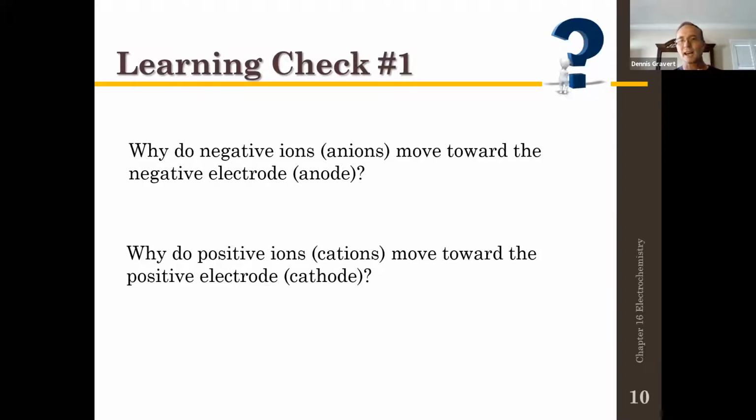Cool. Why do positive cations move towards the positive cathode? Well, we label the cathode as positive because the electrons are coming into the cathode. Electrons are coming in, depositing on the surface of the electrode, the metal electrode, and cations from solution are going after those electrons and gaining them. We're doing the reduction reaction over there. So yeah, at the cathode, there's a surplus of electrons, and the cations are going to go get those electrons. They're attracted to